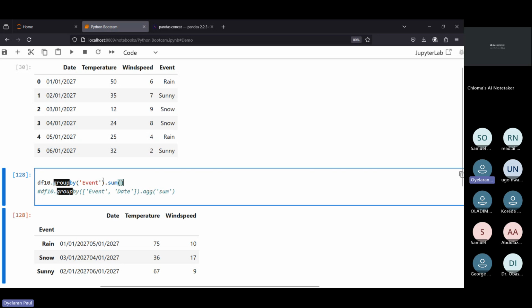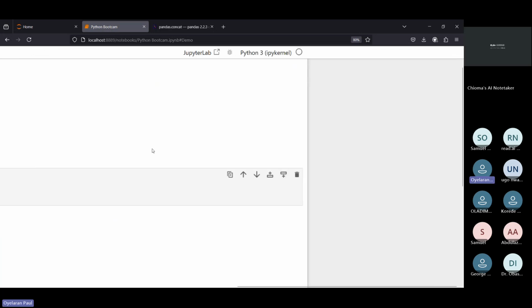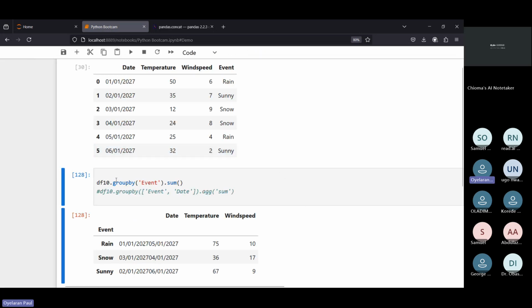But the main thing we should always remember is, let me close this. So I want to close this thing off. Yes, I think it's highlighting my text. We should always remember we need to call the name of that method, just the same way that we call for rename, like when I showed us how to rename columns in our pandas. Same way that we are going to call for what? Group by. So when you call for group by, specify, okay, group by what do you want to group? Events, dot what, dot sum. So this sum now can be max, it can be count, the aggregate function, it can be mean,